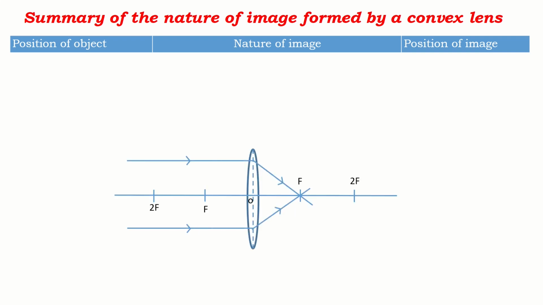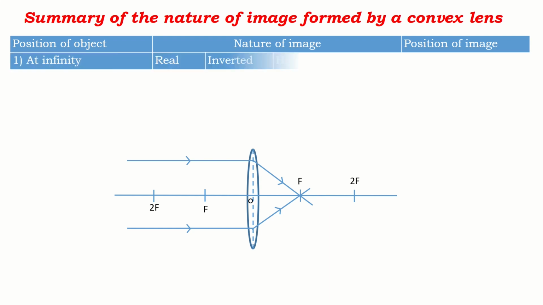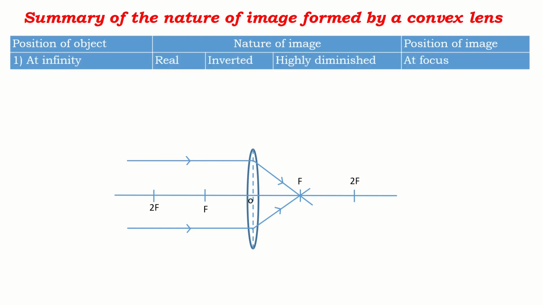Okay, look at this summary of the nature of image formed by a convex lens. Now what is the summary? I want to say position of the object. According to this position, what was the nature of the image formed, and the position of the image also. This was the first condition in which the object was at infinity and its image was found to be formed at focus. So we can say that when the object is at infinity, the convex lens forms a real, inverted and highly diminished image at